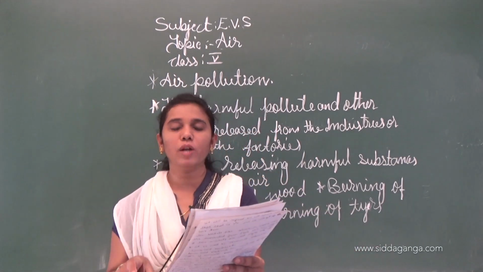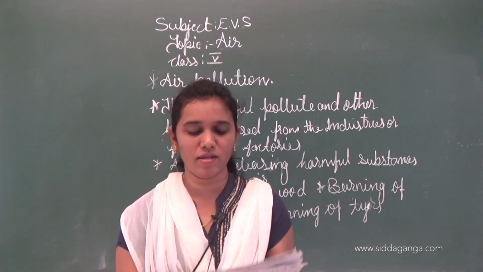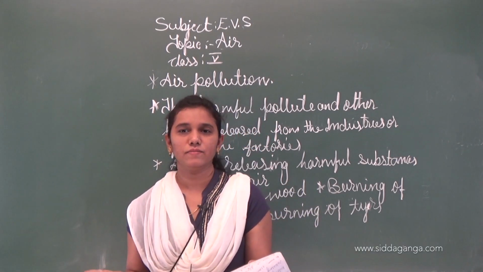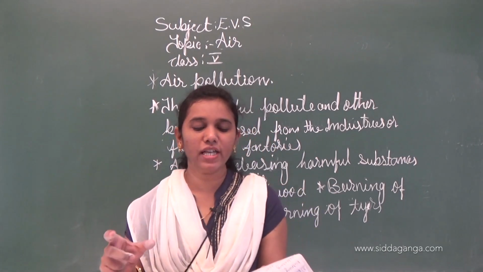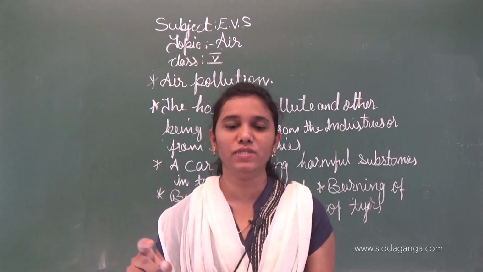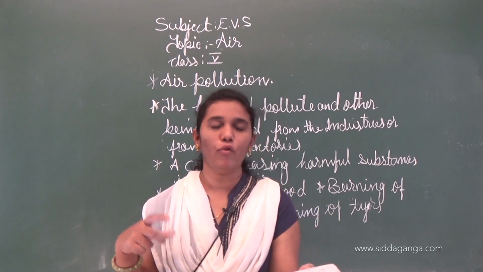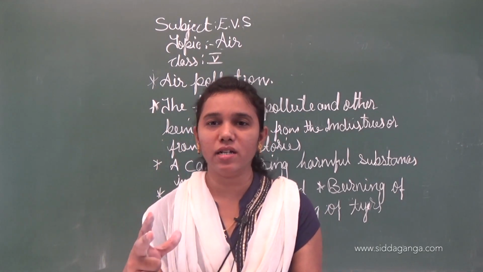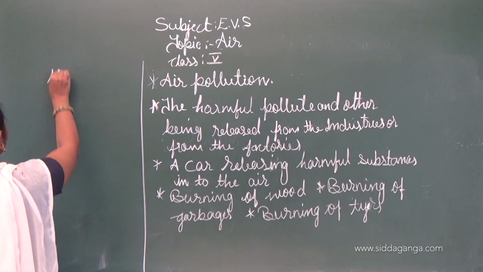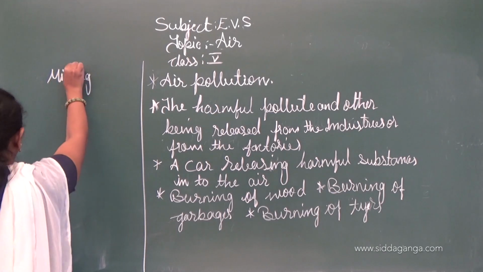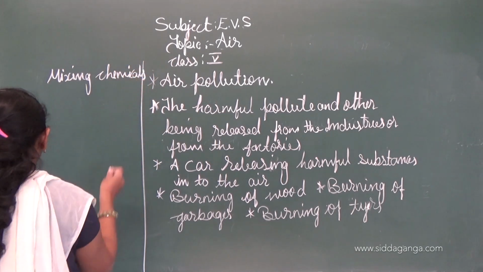Understood? The formal definition is, what is air pollution? It means mixing chemicals, dust, microorganisms which are harmful to man and other organisms into air is called air pollution. Once again, listen here. What is air pollution? Mixing chemicals,